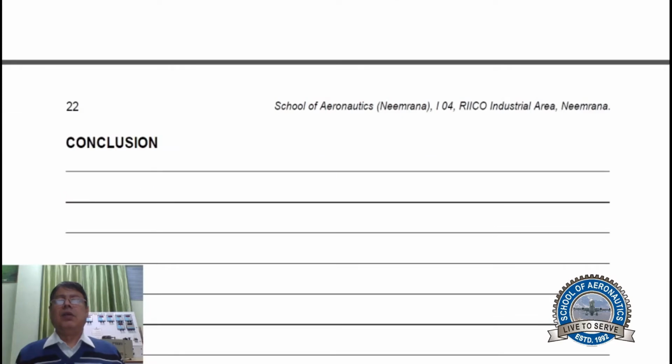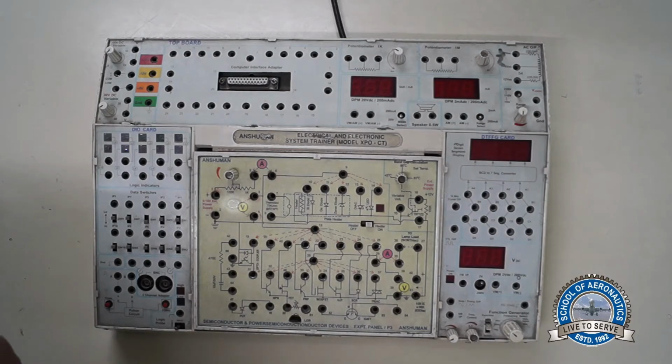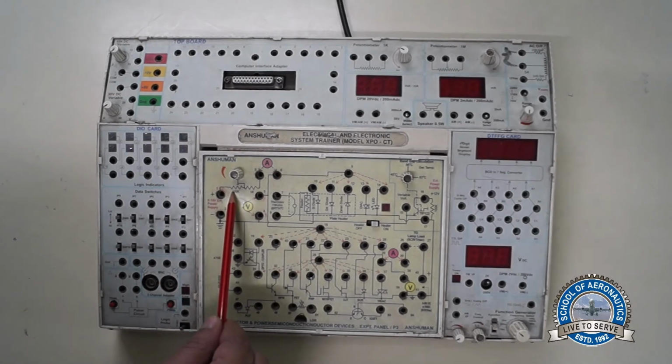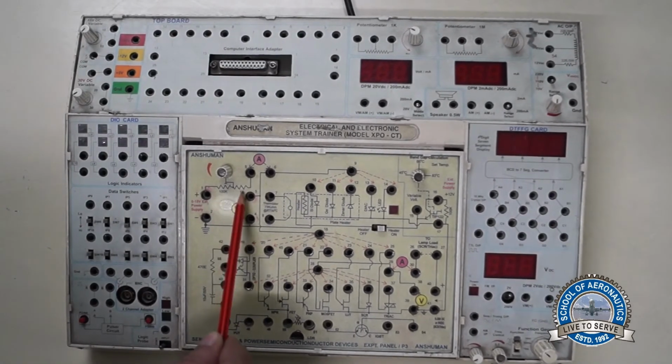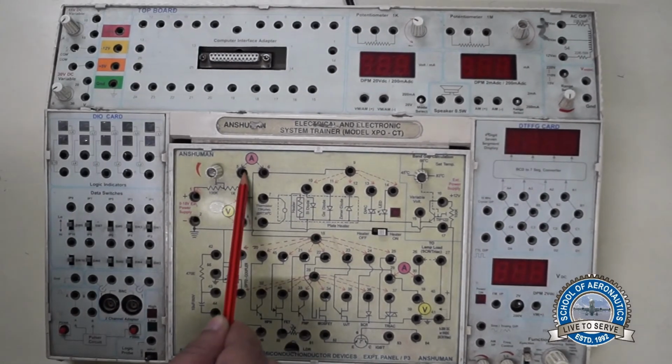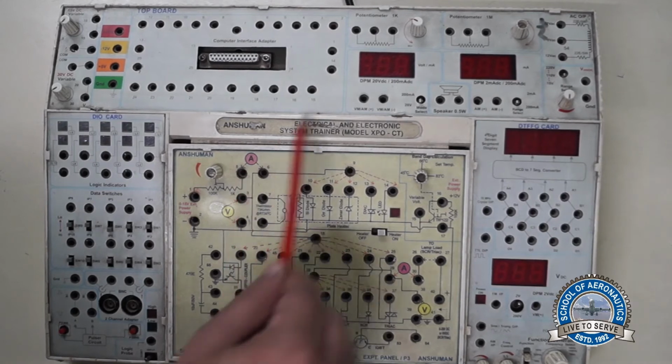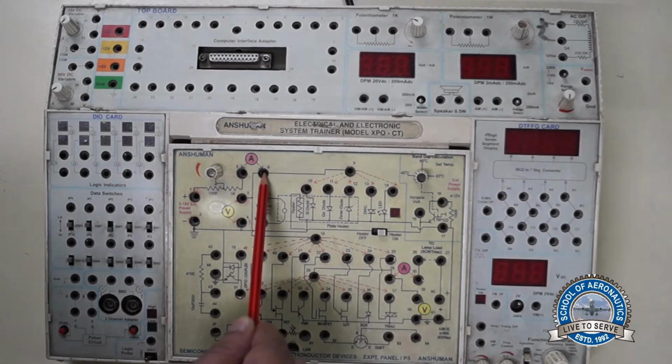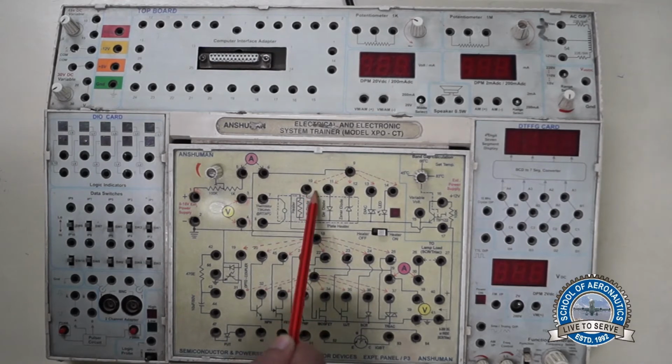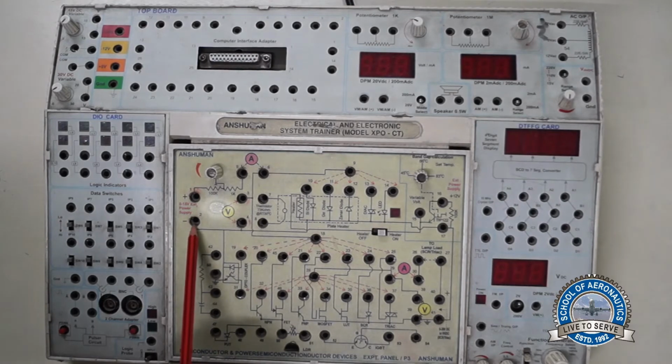So you have to write down the conclusion after doing the experiment. We'll construct the circuit for forward biasing the PN junction diode. You can see the circuit. The positive of the supply is connected in series with the 100K pot and the fixed resistance 1K, and the other end of this resistance is connected to the ammeter in series. The other end of the ammeter is connected to the P side of the silicon diode, and the N side of the silicon diode is connected to ground or negative of the supply.